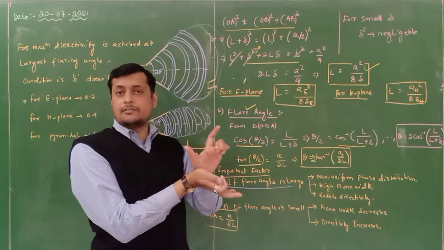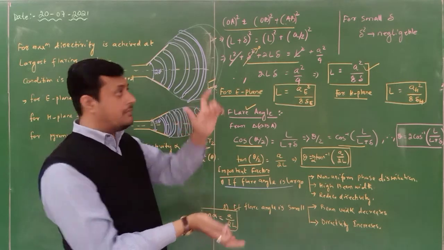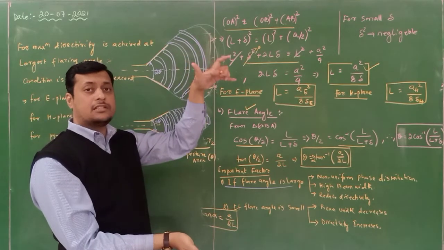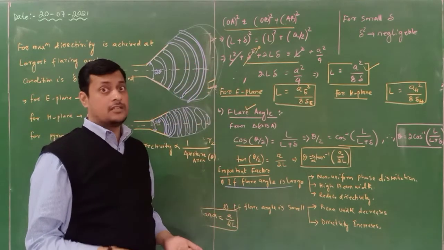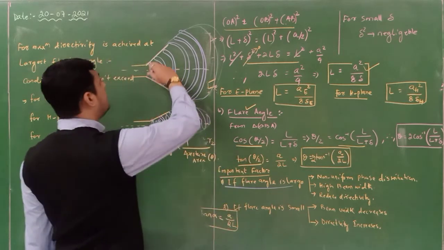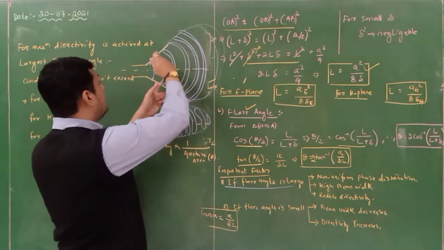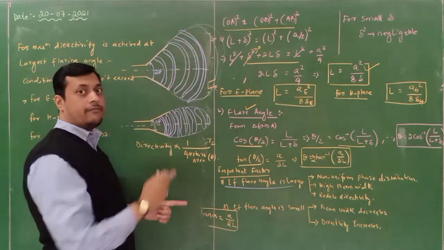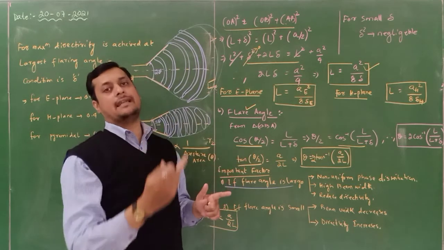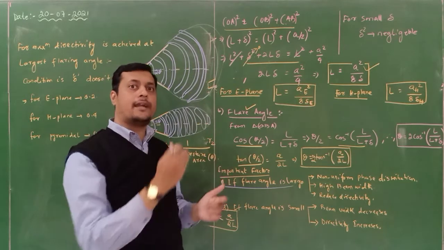If the flaring angle is more, remember, the beam width will be more. Opening of this flaring is more means beam width is also more, and beam width is more means directivity is less. So directivity is inversely proportional to the aperture area. Aperture area means this area, which depends upon the opening of that mouth. Let us consider this is the opening of this mouth. Okay, if the opening of mouth is more, that means your beam width is going to be high. If the beam width is more, your directivity is less. It will propagate to less distance.